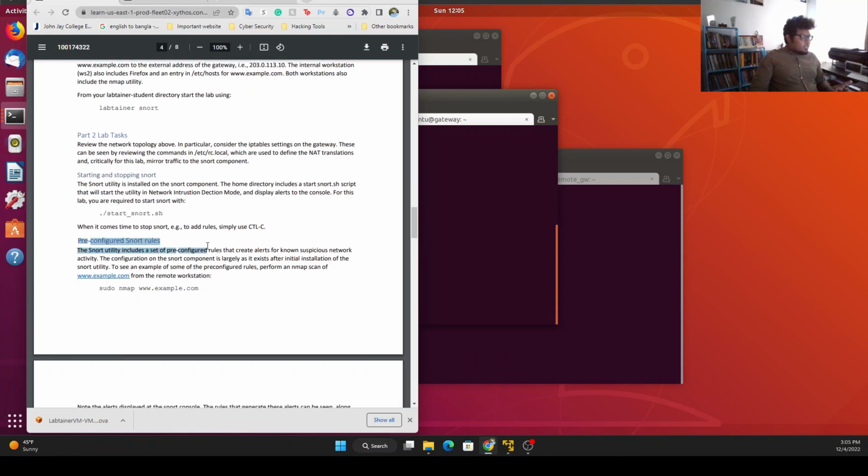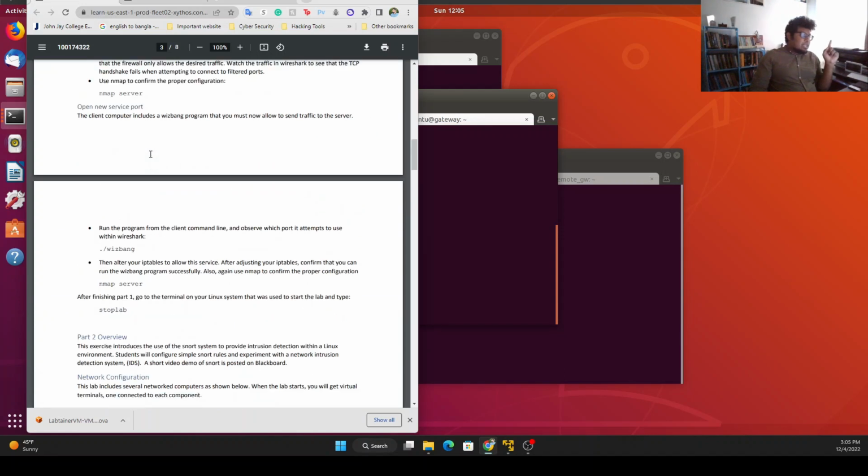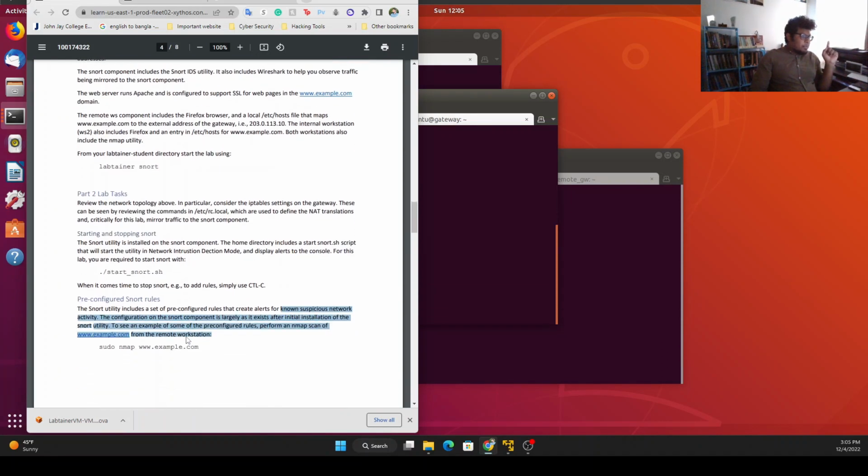Pre-configure the snort rules. Okay, pre-configure. Why? Because you're gonna know suspicious traffic activity. Confirm the snort alerts exist in the initial traffic. This is an example of the snort pre-configured rules. Perform the nmap scan for the remote workstation. So from the remote workstation, we're gonna send some traffic like example.com. And by the way, these are example.coms. This is inside our server, like this is inside our office, right? The workstation. So if anyone from the outside traffic